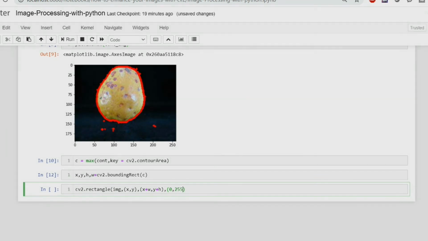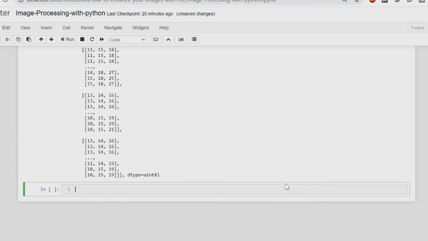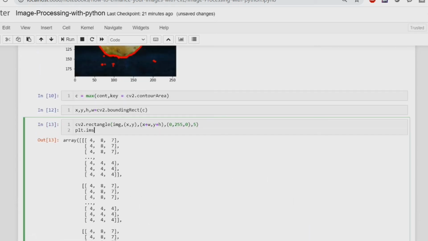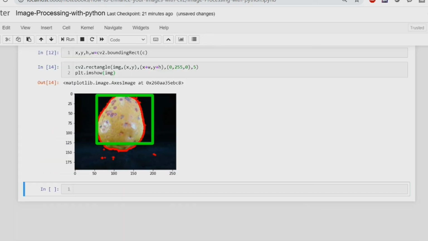So I want to put green color. So we have RGB over here. So R is 0, G will be 255, blue will be 0. Then the size of the rectangle or the font size. So you can put 5 over here. Now you can plot the image. So plt.imshow.